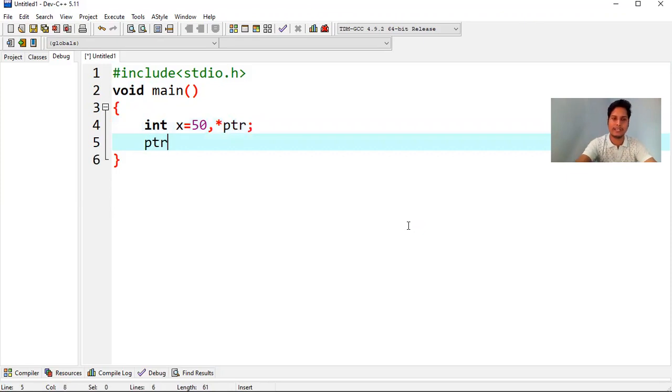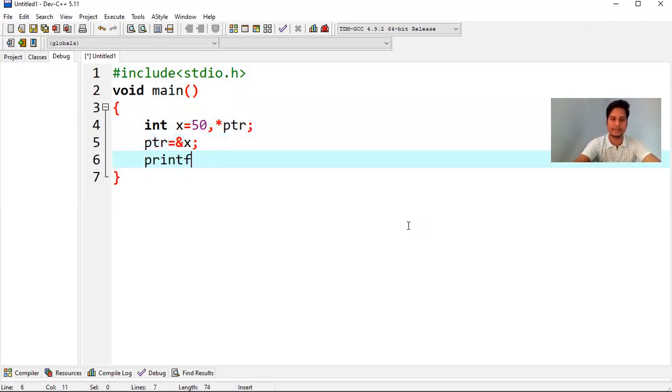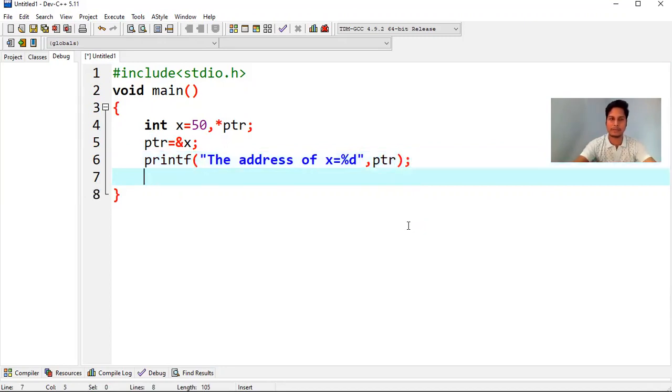Now ptr is equal to address of x semicolon. Now printf within double quotation address of x is equal to percentile d comma ptr bracket and semicolon.